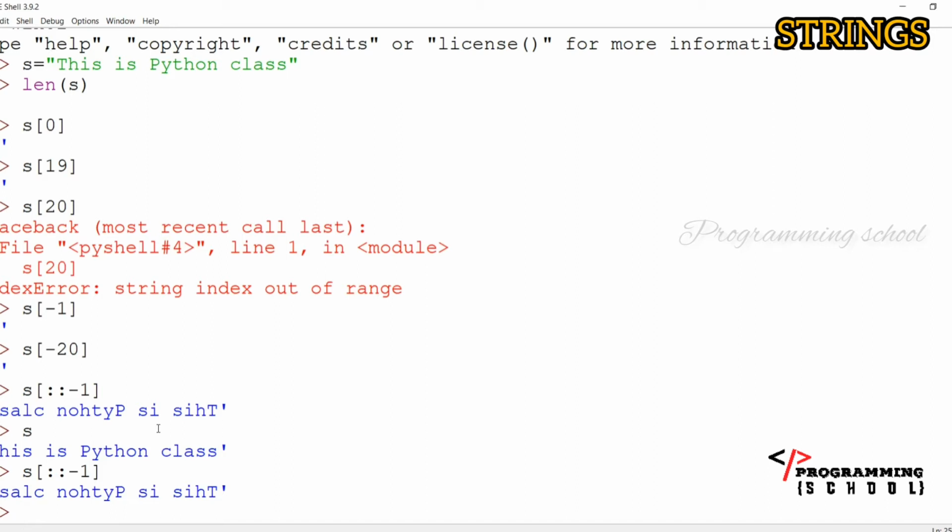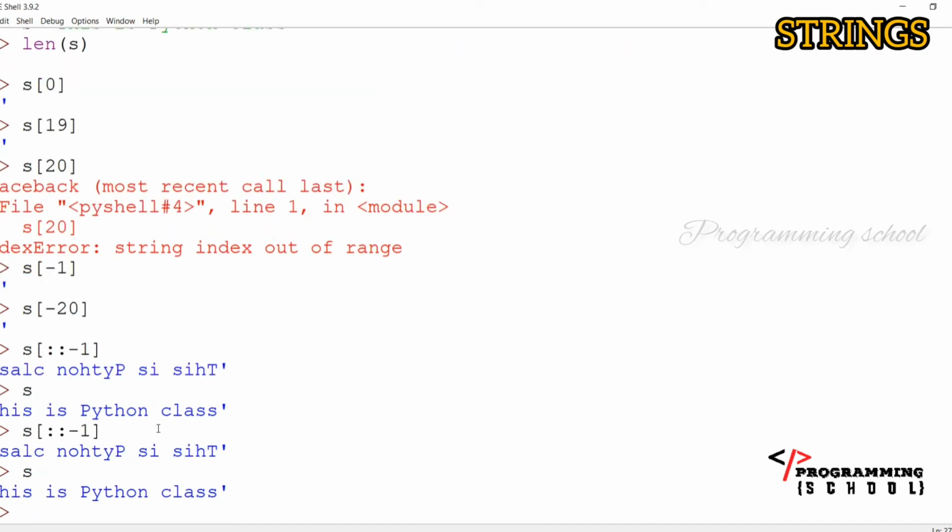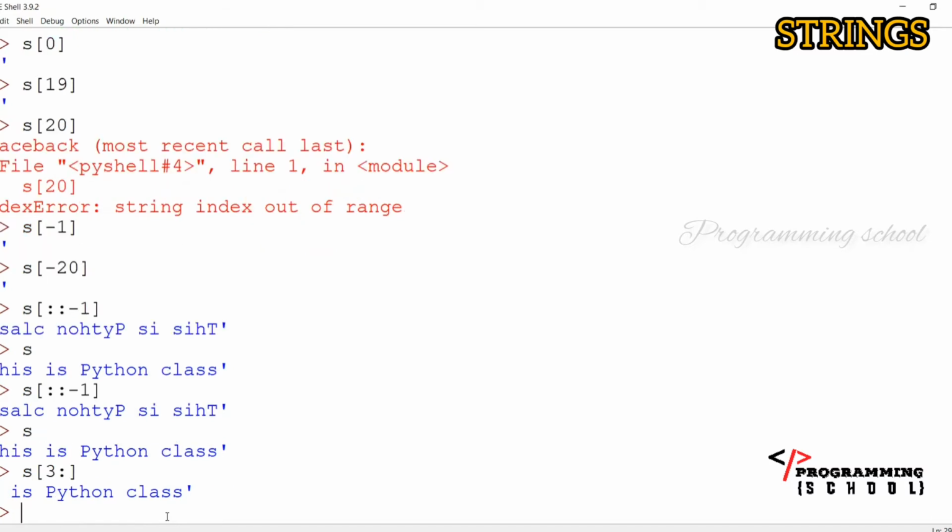And is it possible to slice it? Now I am going to check that. For example, this is the s value. I am going to slice it. For example, 3 colon like this. What is the third index value? 0, 1, 2, 3. That means I am going to start at this position and print up to the end, the highlighted part. Just observe here. Yes, it is working, right? That means indexing is also working in the string. No doubt, it is working as a list only. Negative indexing is working, positive indexing is working, slicing is working, everything is working.